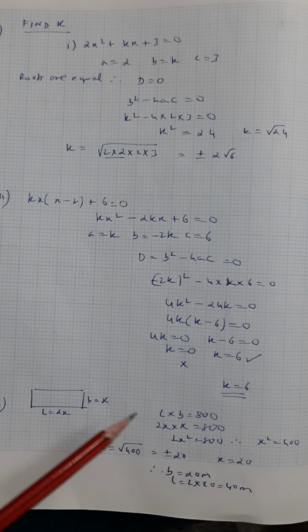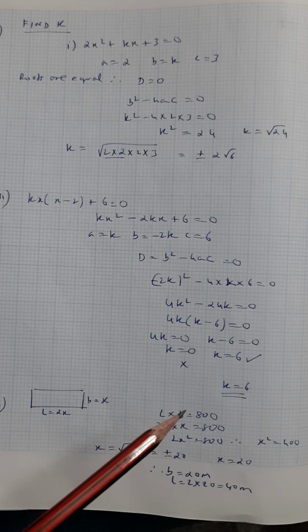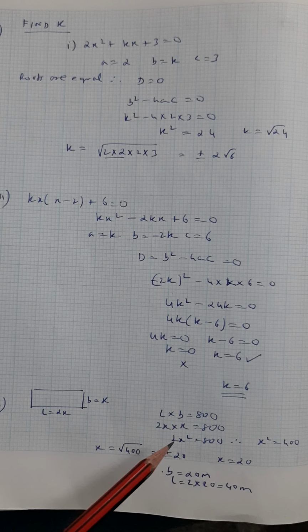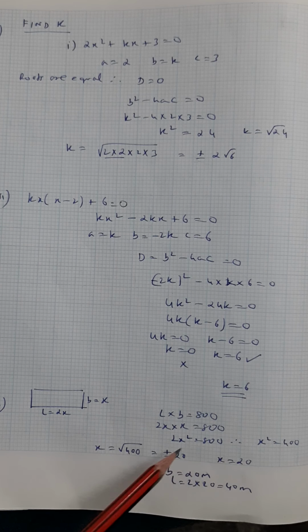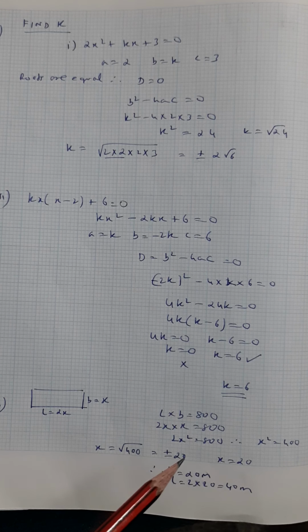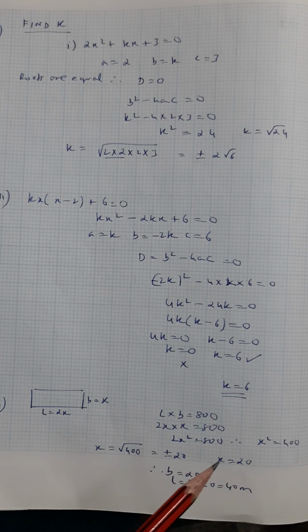Then question number 3. It's an easy question. The breadth of the rectangle is x and the length is twice the breadth, and area is given 800. And we know that area formula of a rectangle is L into B. So 2x into x is 800, 2x square is 800, so x square will be 800 upon 2, that's 400. So x will be root of 400, and root 400 is what? Plus minus 20. Now again, plus minus 20 has to be written, but negative 20 we will not take here because length and breadth of rectangle cannot be negative, so that's rejected. So we will take x as 20.